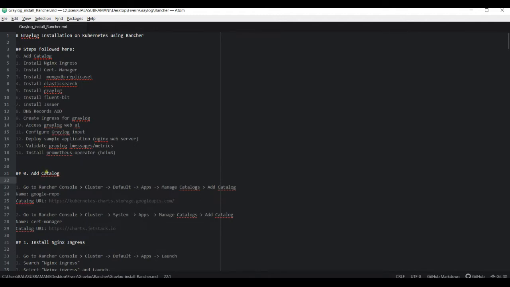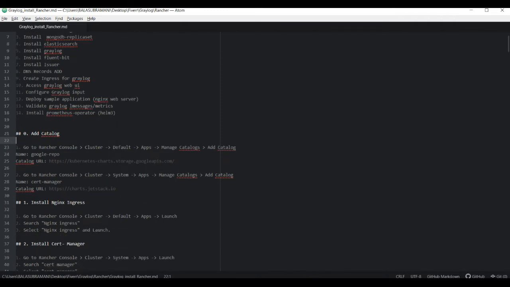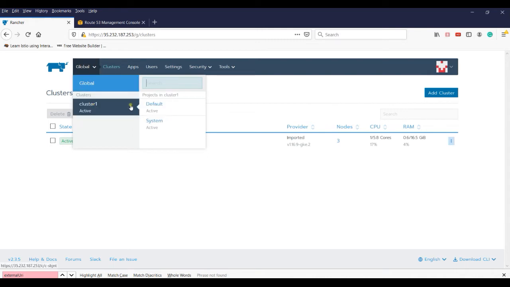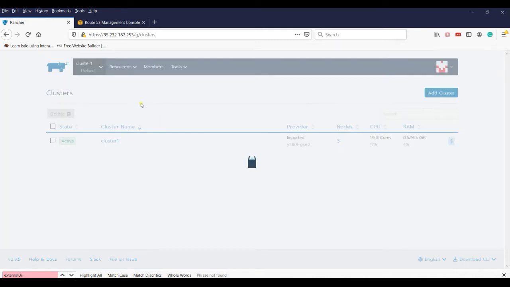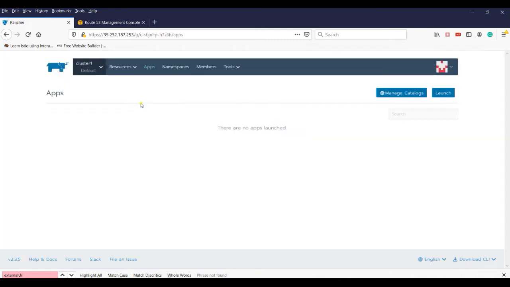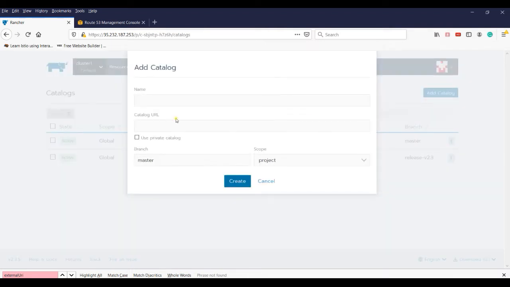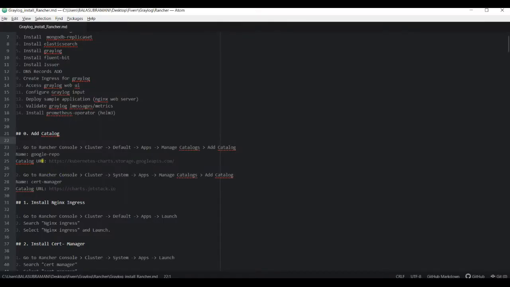First, add the catalog. So for that, go to Rancher and go to global and cluster and default, and click apps and click manage catalog and click add catalog. So add the Google repo catalog